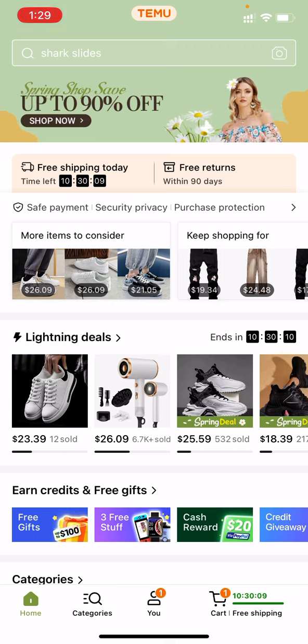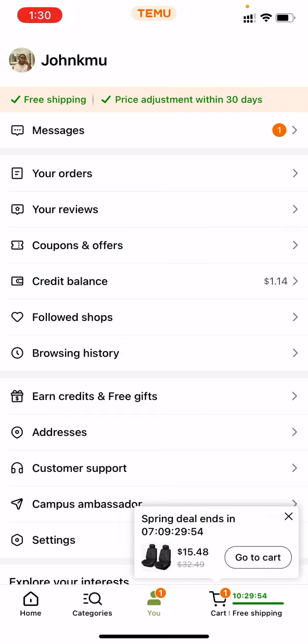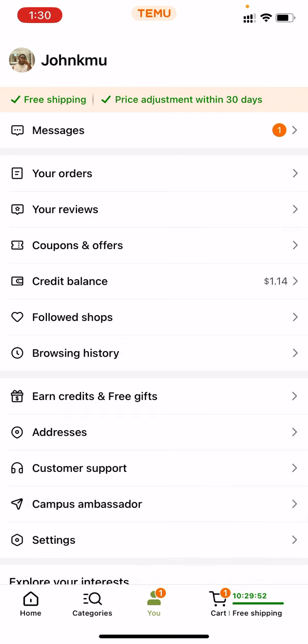So if you guys already watch my videos, I'll be talking about how to make money from Temu, but the majority of you guys think that I'm lying, all this cap, but here's the real proof. So basically, if you apply to become a campus ambassador, you get to have so many chances to win good